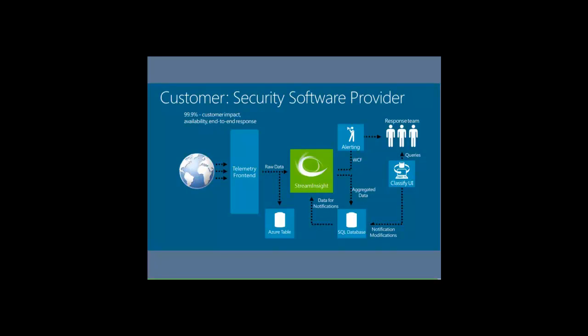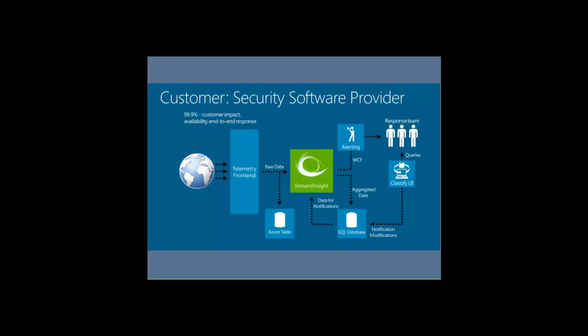And StreamInsight is aggregating the data. What it's doing is it is looking for certain patterns in that incoming stream of detection events from those clients, right? So whenever a signature is detected, there is an event, and if there is a high number of signatures detected, I might have an outbreak of a certain malware or virus. And being able to detect that as fast as possible is, of course, very, very high value. And using an event-driven framework like StreamInsight really helps doing that with very low latency. So those pattern matchings and aggregations are constantly executed against the incoming data, and